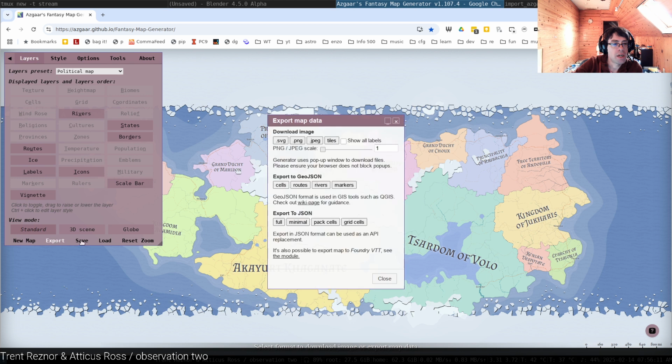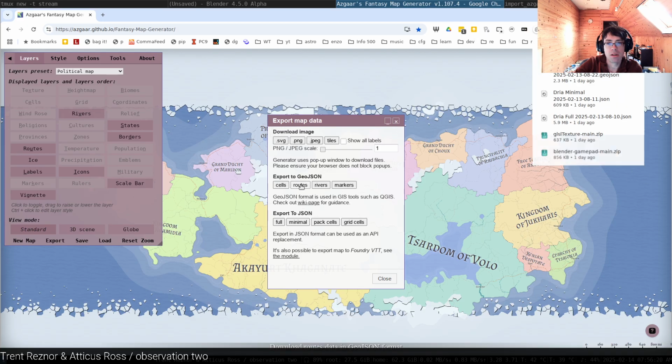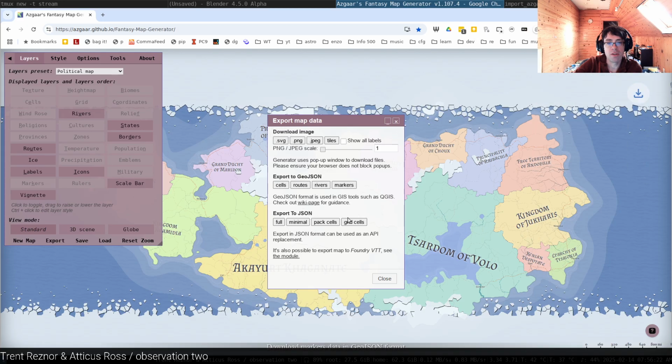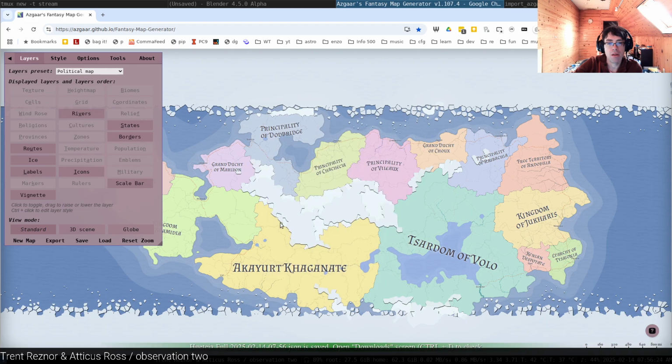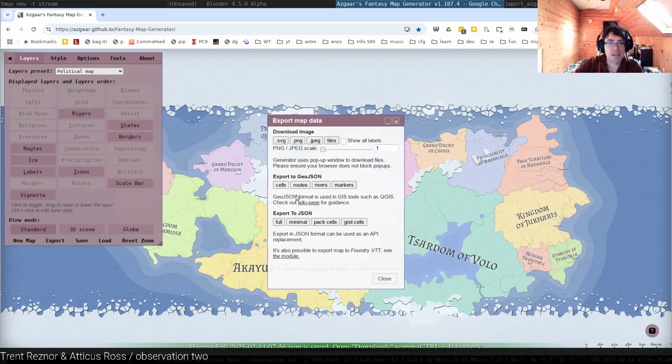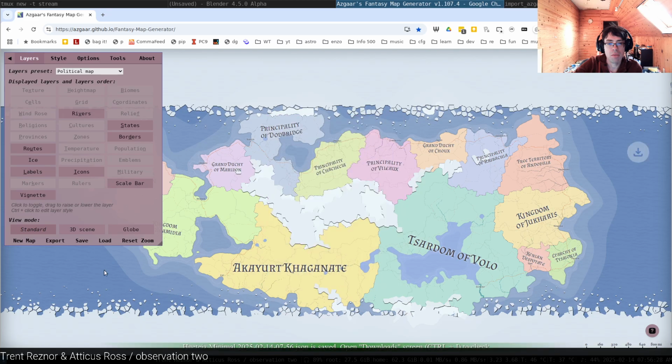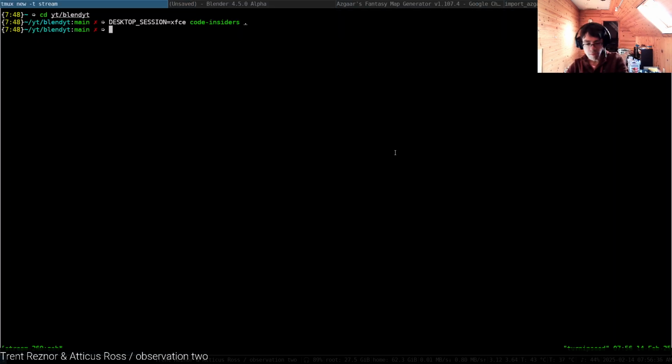And we're just going to export it. I'm not going to export the images yet. We will maybe do that later. I'm instead going to export the cells, the routes, the rivers, the markers. I'm going to export the full JSON, minimal, pack cells, grid cells. Okay. So now we're going to go back over here, mkdir